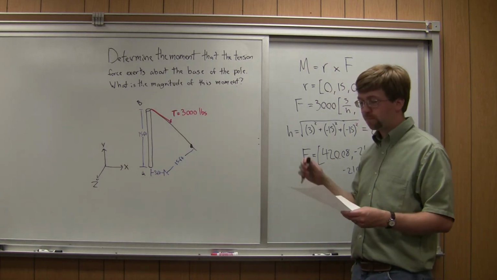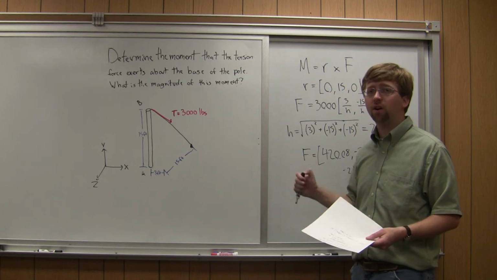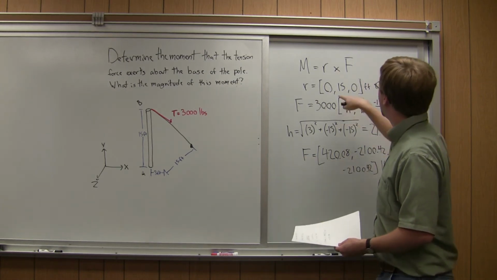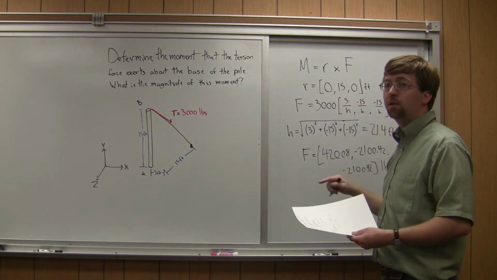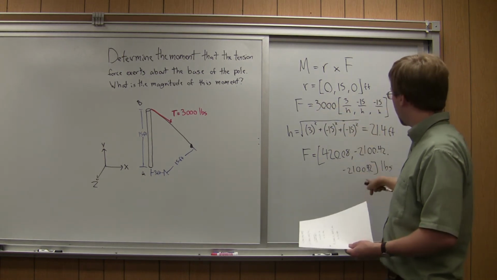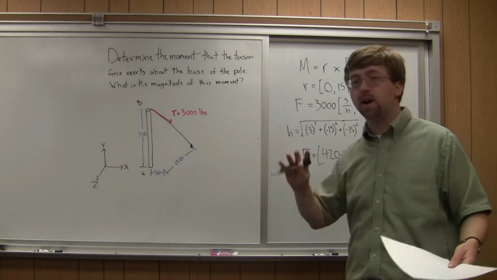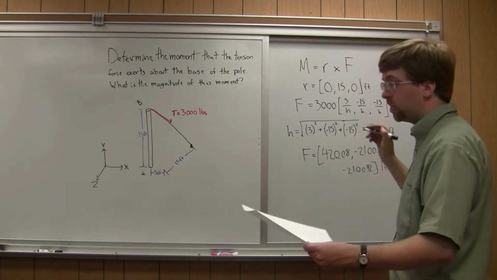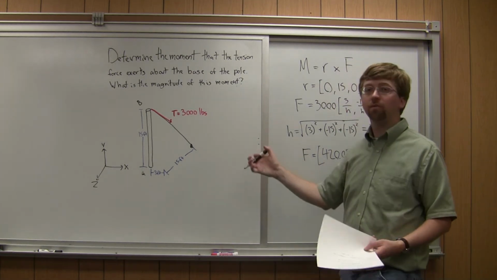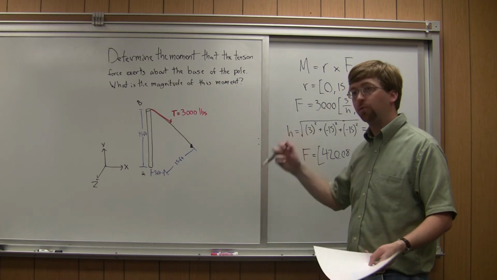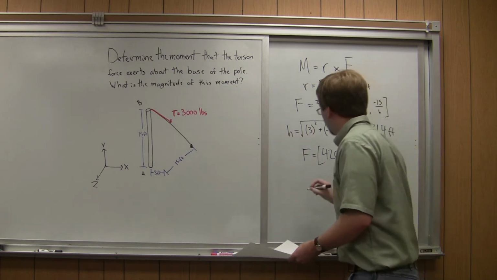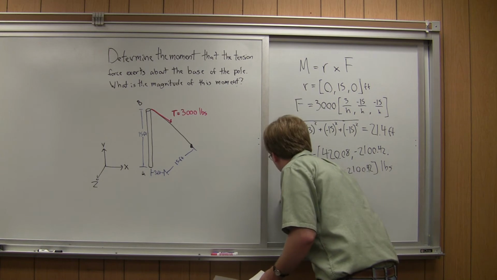So at this point, I just need to do r cross f. So r is this vector here. I'm going to do r cross product with f. The order in which this is done is important, so you can't do f cross r. But if you do this calculation, either with software like MATLAB, or there's ways to do the cross product by hand, you should end up with a moment vector